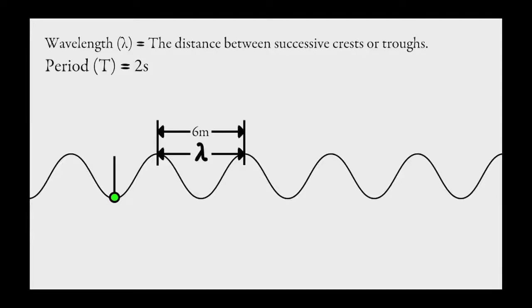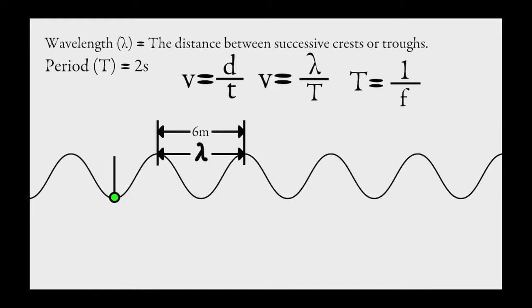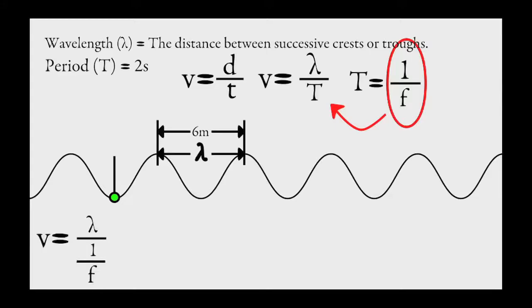So here's an interesting derivation. If we start with the formula V equals d over t, we know that the distance covered is a wavelength, and the time it takes to cover that distance is called the period. So now we have V equals lambda over T. Now, if we recall that T equals 1 over f, we can substitute 1 over f for T, the period. That will give us V equals lambda over 1 over f. Multiplying through by f over f,